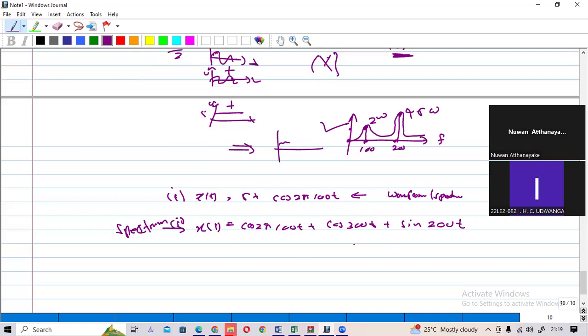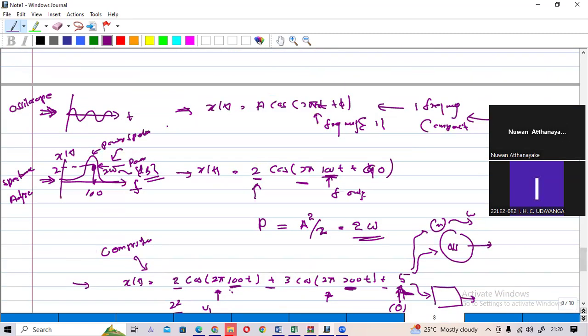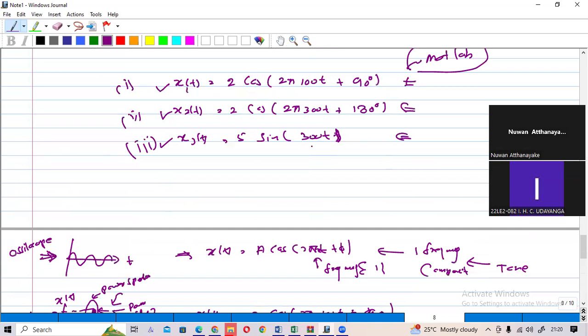Once you calculate the frequency, this is 300. Actually 300 is equal to 2πF. To find F, you need to divide 300 by 2π. Likewise, you can find the other one. If you are given like this, you have to use this equation to find F. When finding F, you can find the T, then finding T, you can draw the signal. So here also you have to do it like this. In this case, you have to find the T using